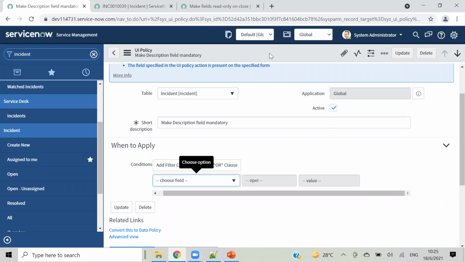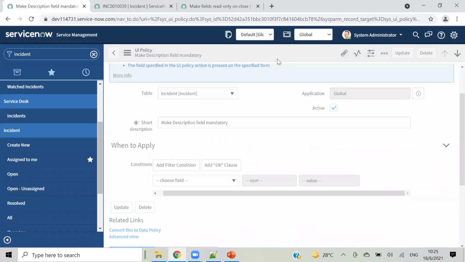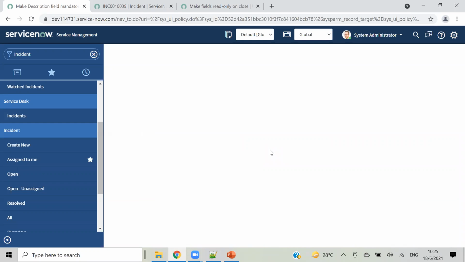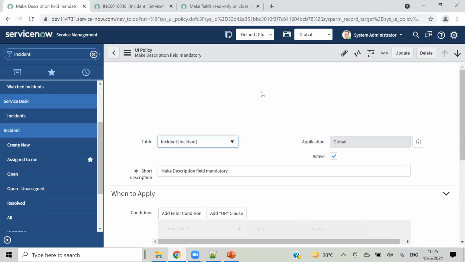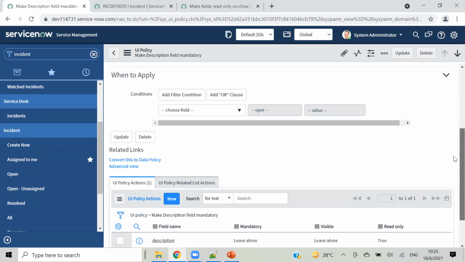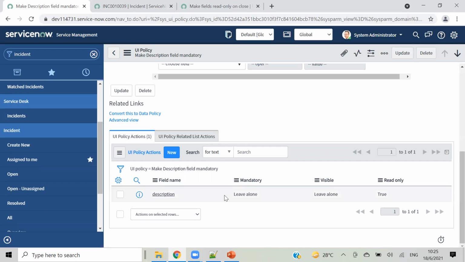Here is the option. Okay. Still description is the same.